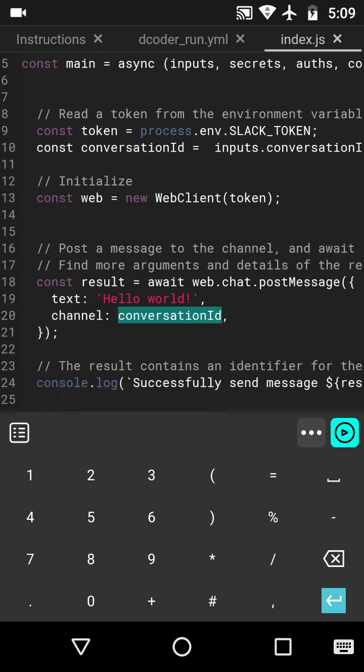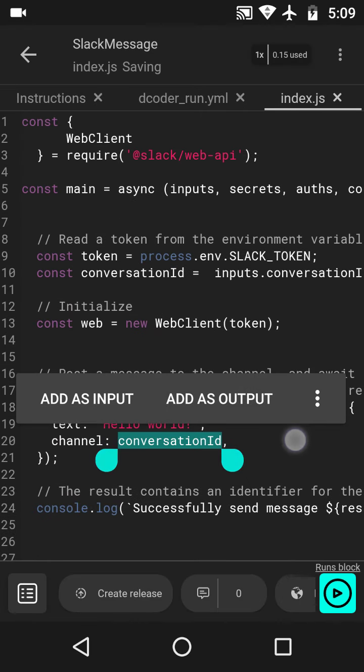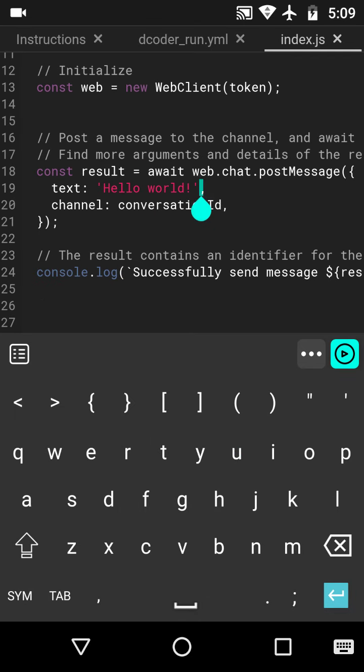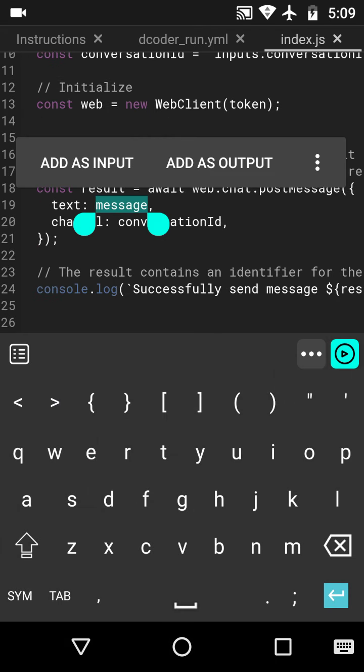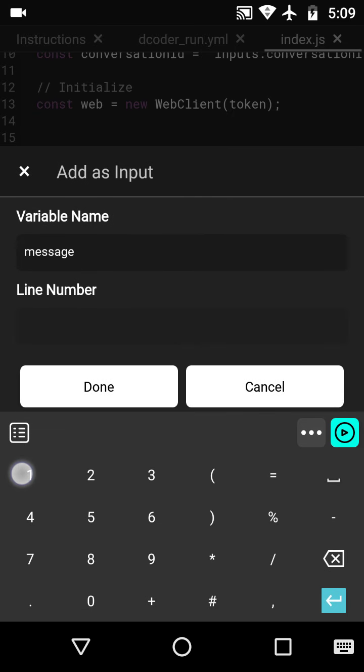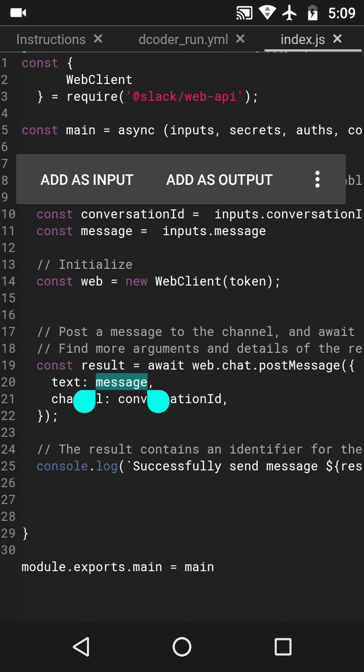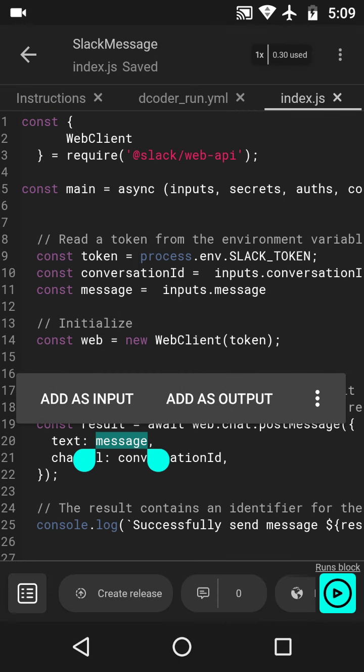Let's add it to line number 10. Also, I do not want to send hello world as a static message, so I'm just going to say it message. Again, double click, add as input. This time let's add it to line number 11. So we got our input sorted.